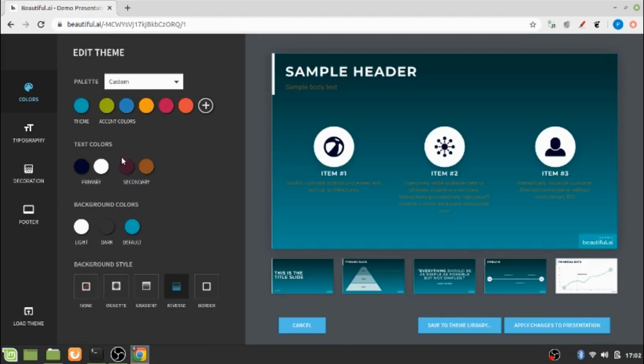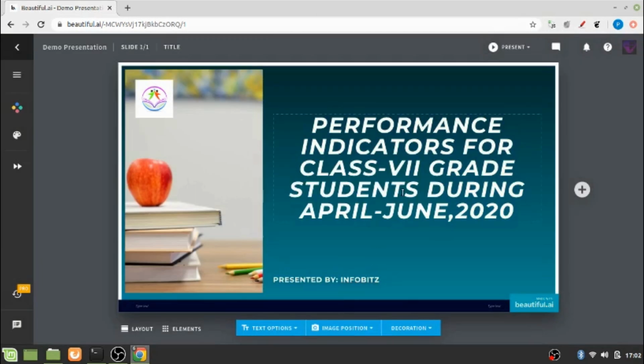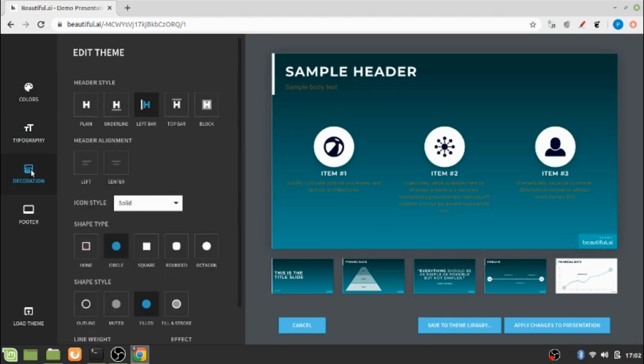Change anything from the theme, this color, that palette. You have to click on this apply changes to presentation. So you can see the theme of the presentation has been changed to this color, and there is also an option to edit theme. You can go to decoration, where you will find a header style as plain, underline, left bar, top bar, block.